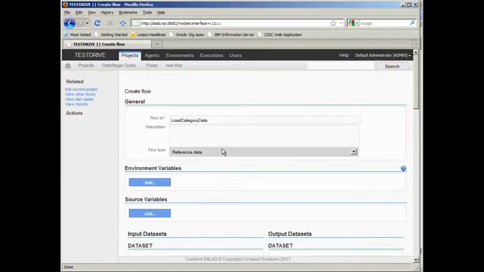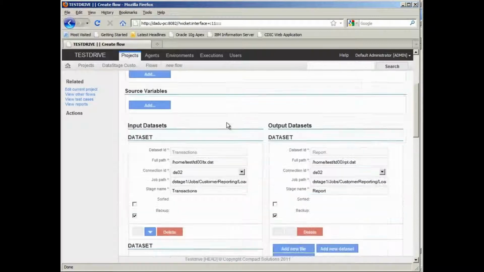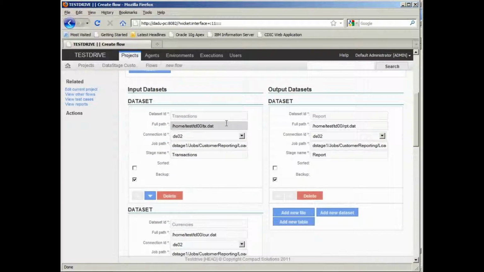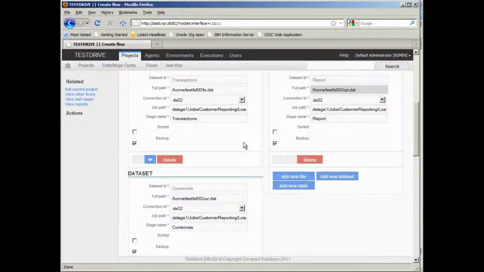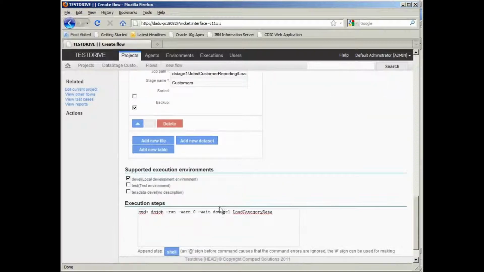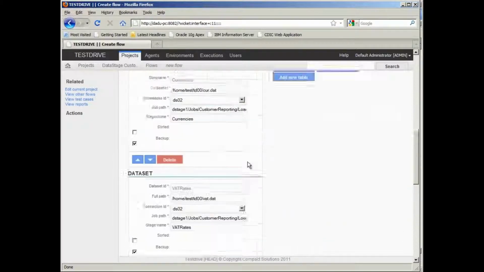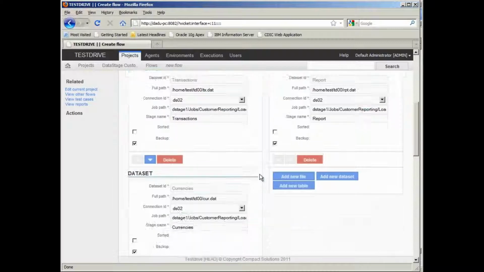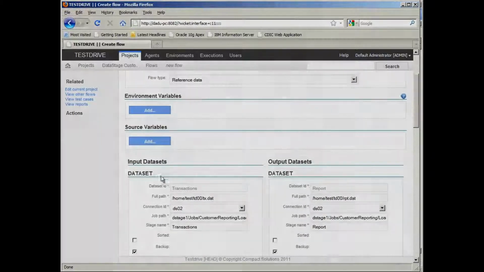What has happened in the background is that TestDrive has automatically fetched information about this particular job from DataStage and created information about the inputs and outputs of this job, as well as information on how to run this job inside DataStage. This is the information that we will use in order to automate the delivery of the data as well as execution of this particular DataStage job as part of our tests. We can see here that all of the different inputs